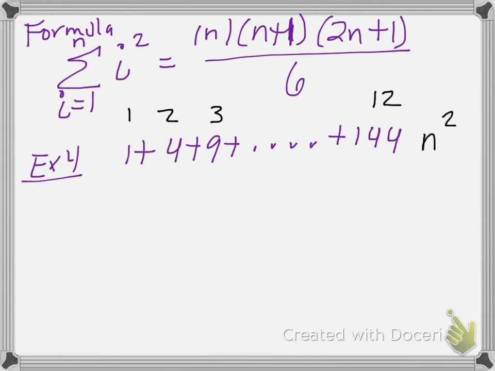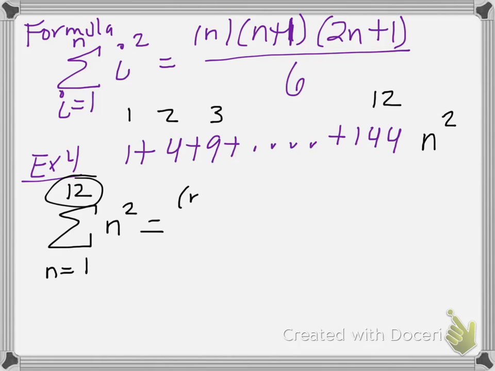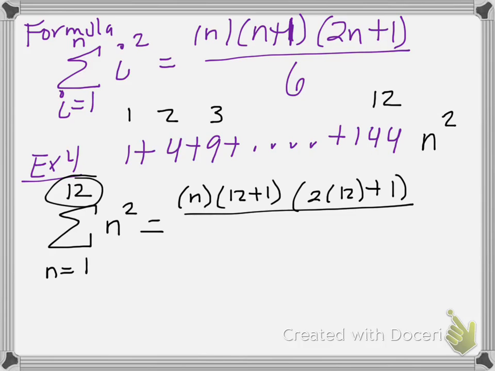Very good. So when I do my summation, I start off with n or i, whatever you want it to be. N is equal to 1, and it stops where? On 12. And the formula is n squared. Because it's an n squared, on top we have an i squared, but it's the same kind of problem. My n for this problem is going to be 12. So this is going to be 12 plus 1, 2 times 12 plus 1, all of this divided by